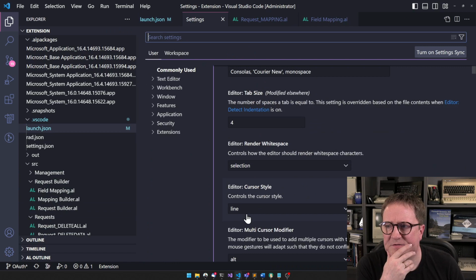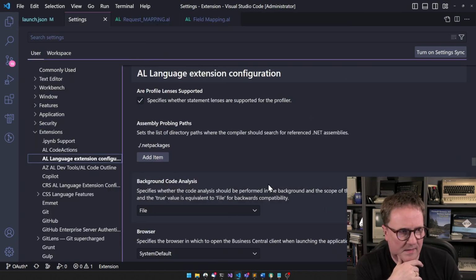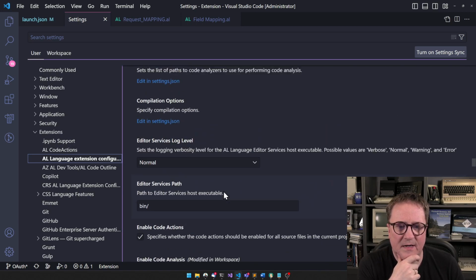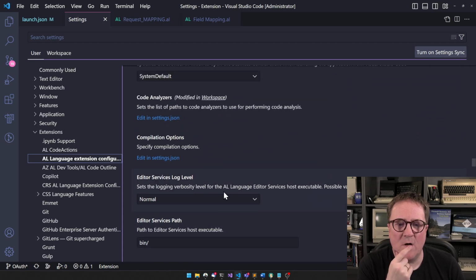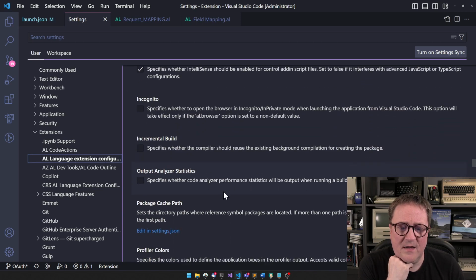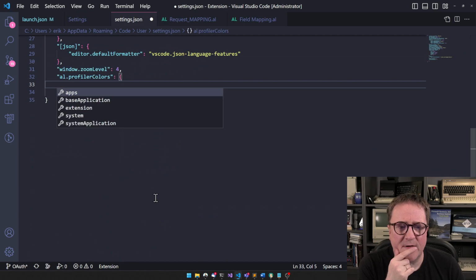There's a fancy interface, and if we open up extensions, and I hit Control B to get in, we can find settings that are specific for extensions. It's not all settings that are necessarily shown in the UI. So you can hit